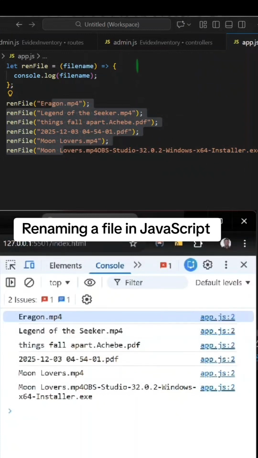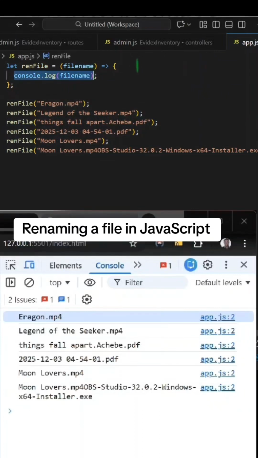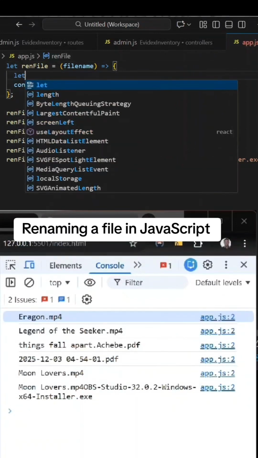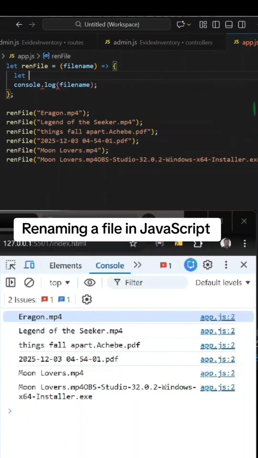All right, now to achieve this, you must have covered some basics on string and array methods. Okay, now I'm going to be doing this step by step so that you understand what is going on. All right, so first of all, we want to take this string and convert it to an array, so that we will have this Eragon and this MP4 on different indexes. Now to achieve that,